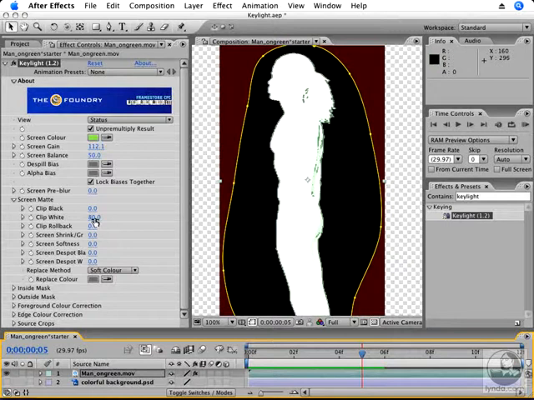So I'll go back to Clip White, and again keep reducing it until I get rid of those gray areas, which tells me I will now have a fully opaque alpha channel where the actor's body is. The other thing that Keylight shows you are these green areas. This indicates where it's going to need to do some color correction to remove any green spill from the background